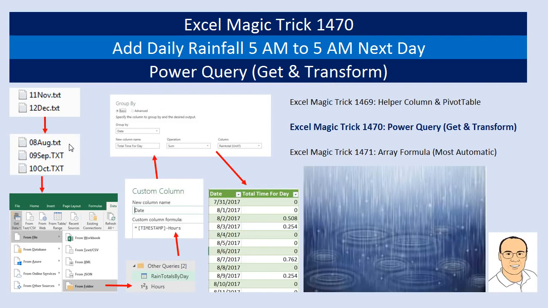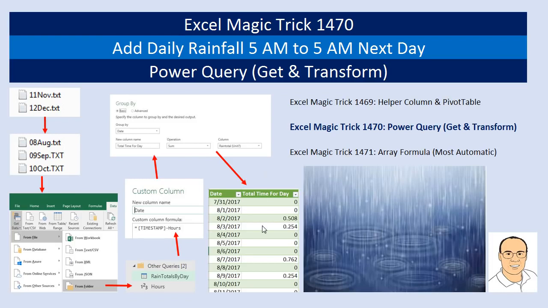Our rainfall data is going to come in text form. So each month we get a different text file. We'll use Power Query from folder. We'll import it into a proper data set. Then we'll see how to use a parameter from Excel, which will be our number of hours, to shift the start of the day. We'll see how to create that parameter, use it in Power Query. We'll see how to do things like create a custom column, group by, and even create our finished pivot table